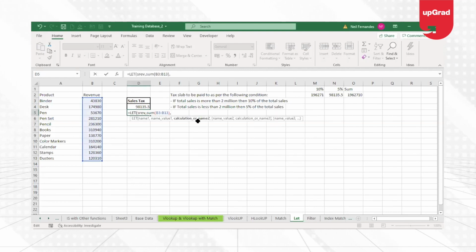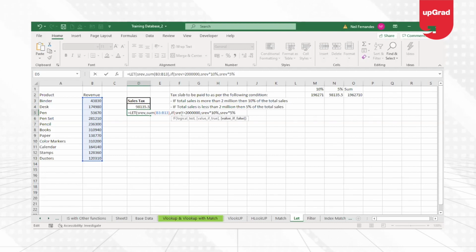So I'll start with my IF function in the next step, and here I will check if SREV is greater than 2 million, then give me SREV multiplied by 10%, or else SREV multiplied by 5%.